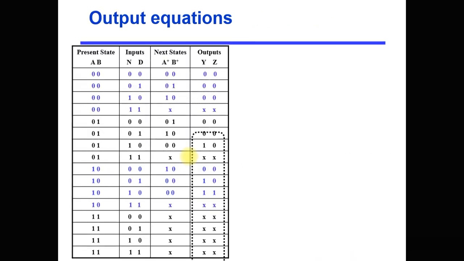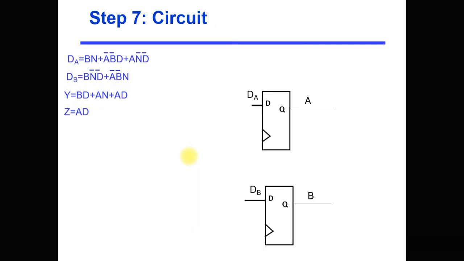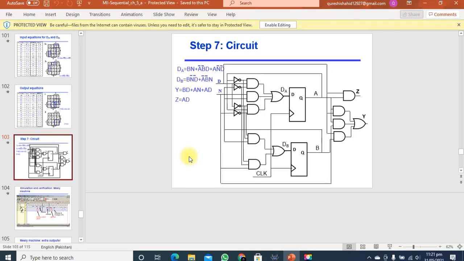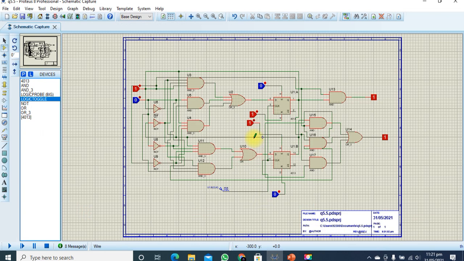So following are the equations that we have already made, and this is the circuit that we will implement on Proteus. So for that purpose, let's head towards the Proteus circuit diagram. So that would be the Proteus diagram. As you can see, this is exactly the same. We will use two D flip-flops with the set reset options, and this would be the output that we will obtain, and these are the inputs. As you can see, first of all we will apply 00 at the input. So what would happen at the output? So let's start the simulation.